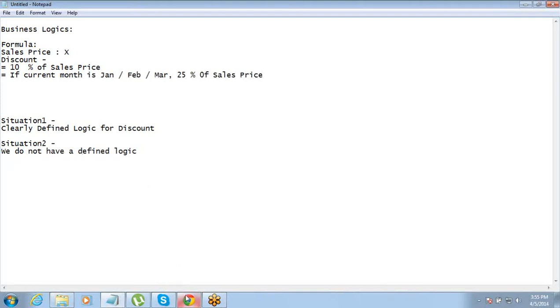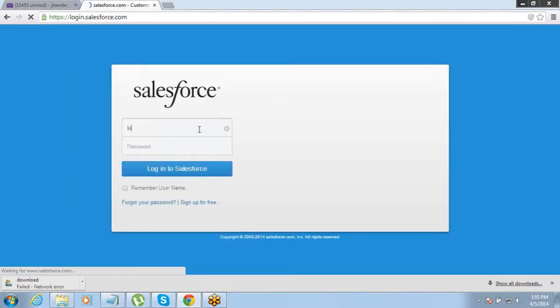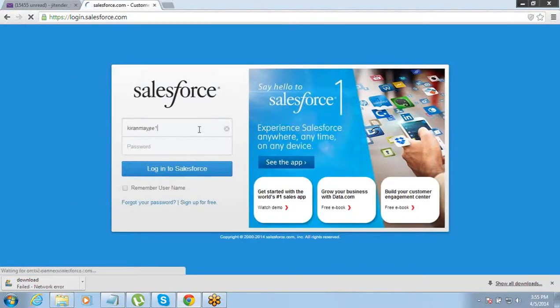So let us log into our Salesforce accounts, developer orgs. What are the objects that we created in our last session?